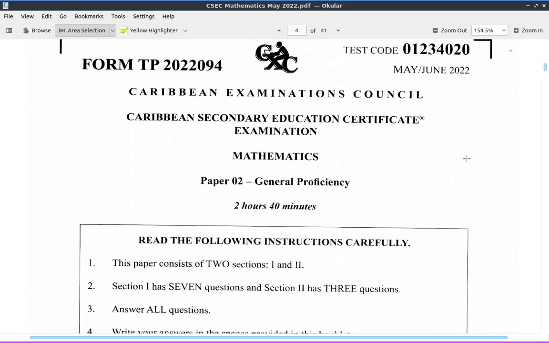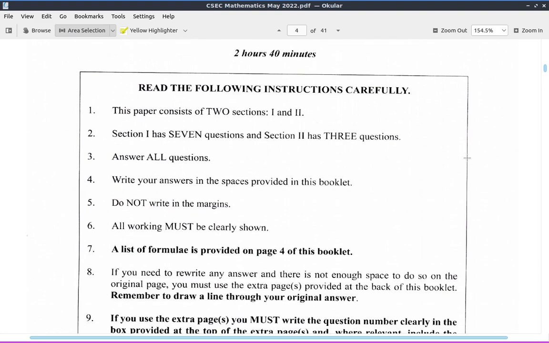Now you have 2 hours and 40 minutes. 2 hours and 40 minutes is what? That's 120 plus 40. That's 160 minutes. And you have 10 questions to answer. As it says here, this paper consists of 2 sections, sections 1 and 2. Section 1 has 7 questions and section 2 has 3 questions. That's a total of 10 questions. Answer all questions. So you have an average of, say, 16 minutes per question, but you should take the time